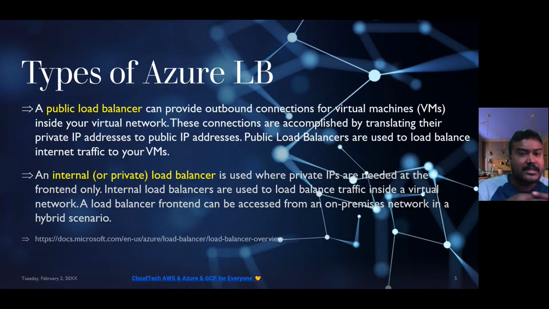And private load balancer, basically an internal load balancer. Suppose you have your application, and think of a three-tier architecture: API, app, and a backend like a database server, right? Three-tier application. Now from the API, the app should communicate, and from the app to the backend, like the database, there should be communication,